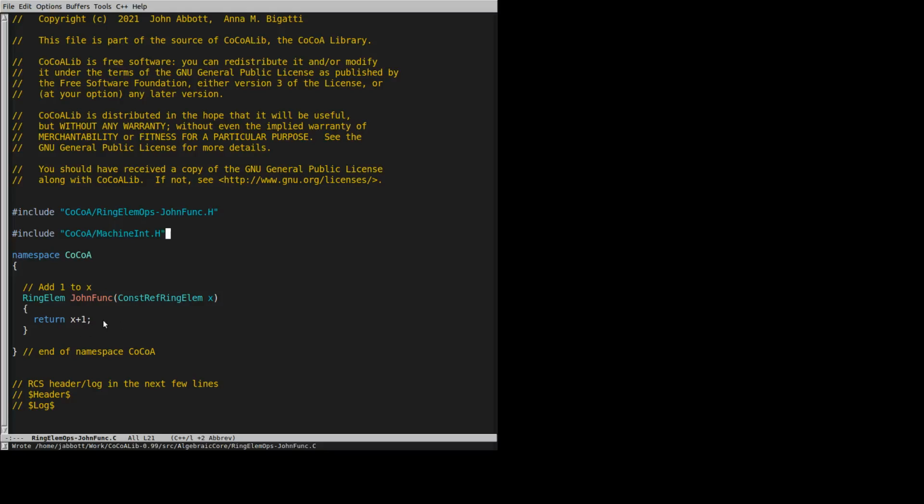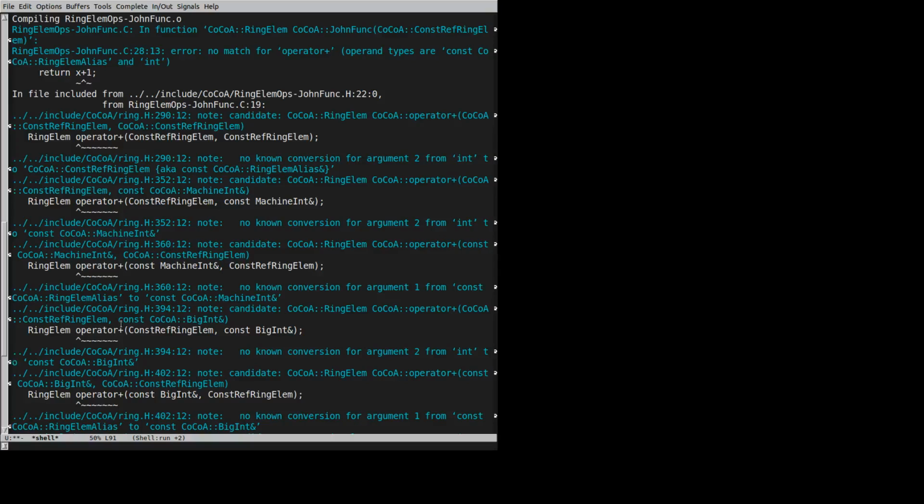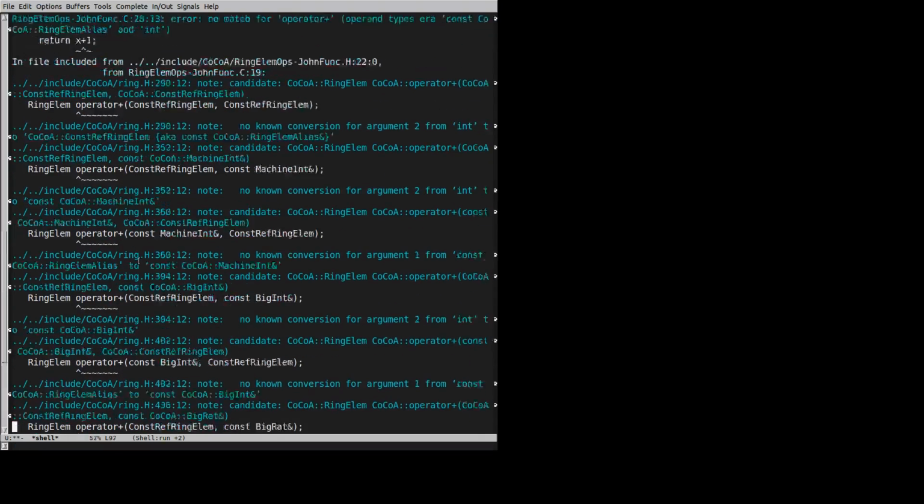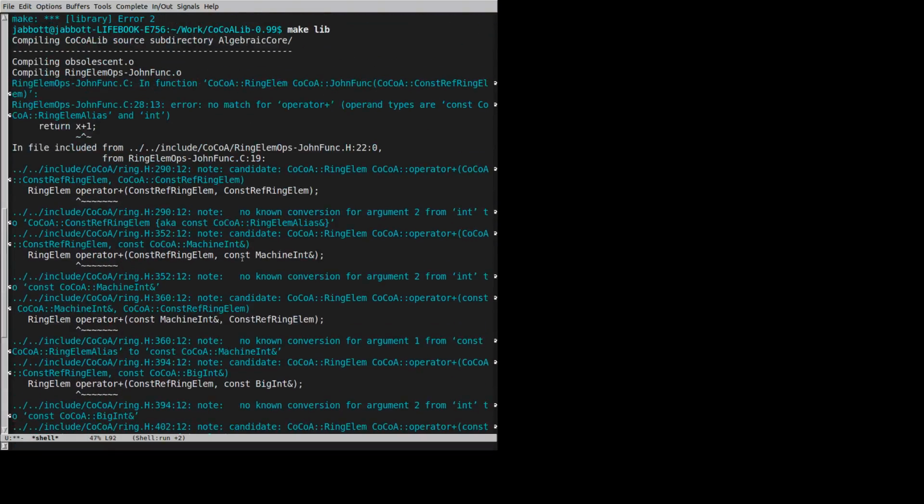I could also have got around it a different way, but we'll skip over all these errors. This is listing all the operator pluses it knows, and it says these are the ones I know. None of them applies in this case. And in fact, that was helpful to me because I expected it to apply this one and it didn't. So I then had to ask myself, why is it not applying this? And because I forgot to tell it about machine int,